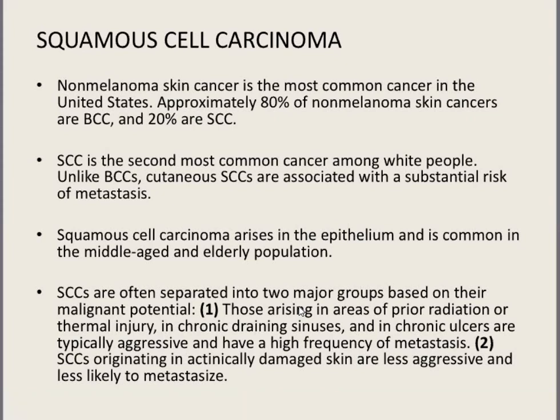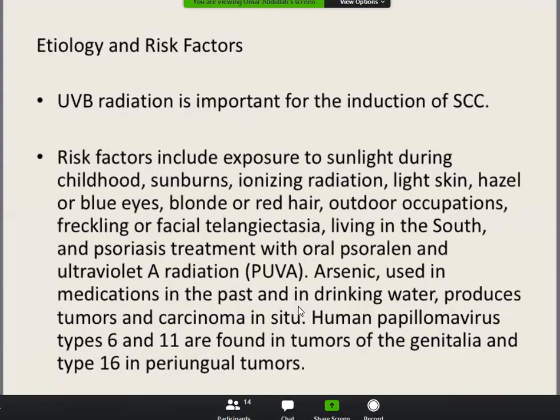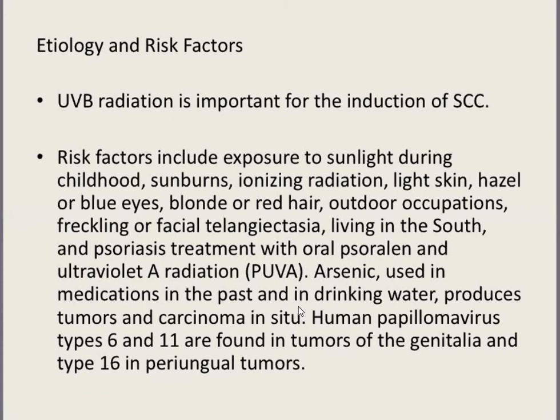Okay, so SCC does not necessarily arise on actinically damaged skin. تطلع بالبيرنز، previously يعني areas previously exposed to radiation, chronic sinuses, chronic ulcers، كلهم مكانات ممكن يطلع بهم SCC. وهذا التايب of SCC is more dangerous because it's more aggressive and it metastasizes early. Other risk factors شنو؟